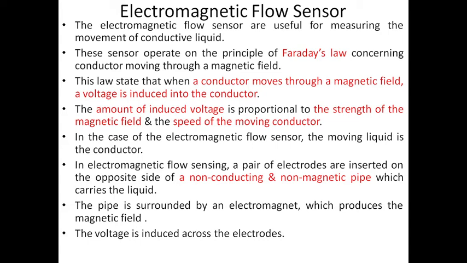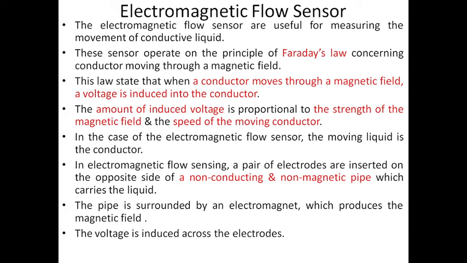Okay, so what is this flow sensor? Flow switches are used to detect the liquid flowing through a pipe or air flowing through a duct. Flow switches, however, cannot detect the amount of liquid or air flow. To detect the amount of liquid or air flow, a transducer must be used. A transducer is a device that converts one form of energy into another.